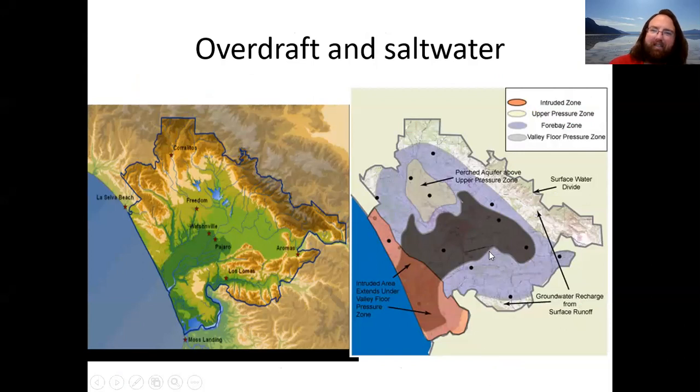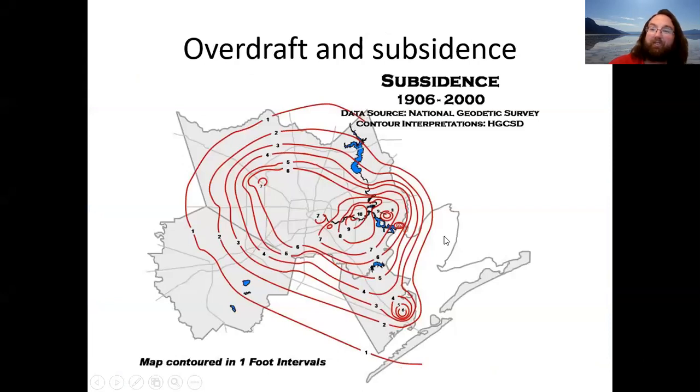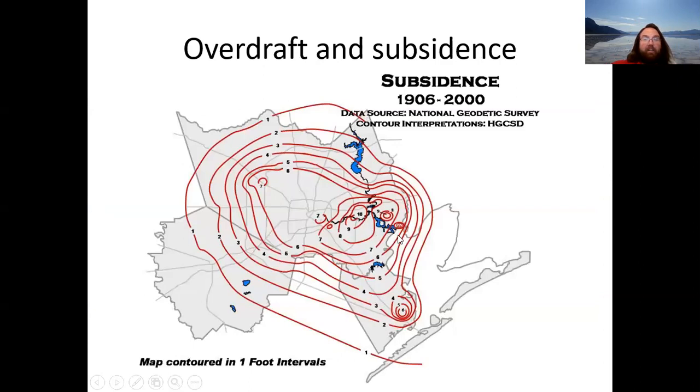Now, the second thing that can happen is as you start removing water, the land surface starts to sink. This is a map of the greater Houston area. Now, if you know anything about the greater Houston area, you know that it is really flat in that part of the world. It's like LA without mountains. And so if the land surface starts sinking, you're going to get water popping up in places you might not want. It might even form pools. This was actually one of several factors contributing to the horrible flooding during Hurricane Harvey